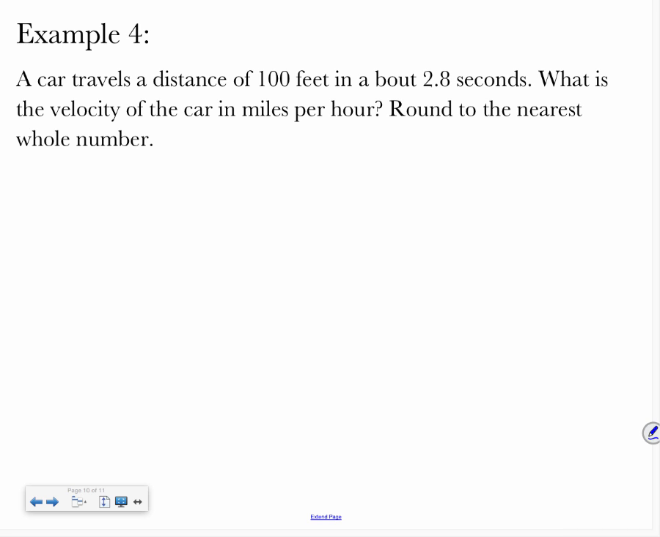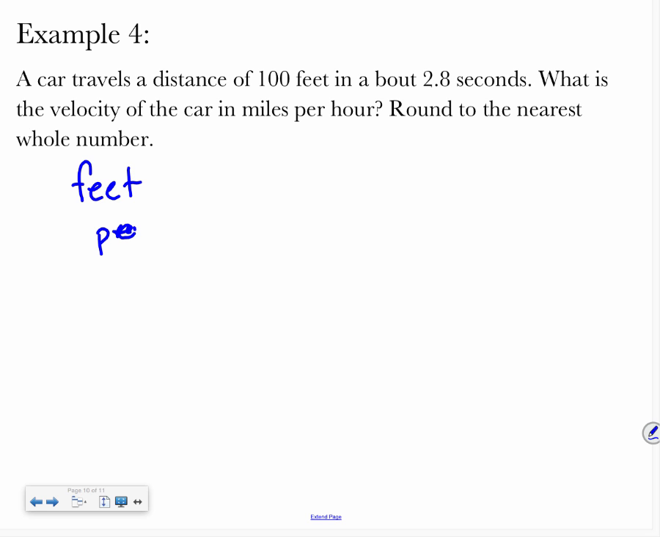Example 4 is our last example for the day. A car travels a distance of 100 feet in about 2.8 seconds. What is the velocity of the car in miles per hour? Round to the nearest whole number. So we are going from feet